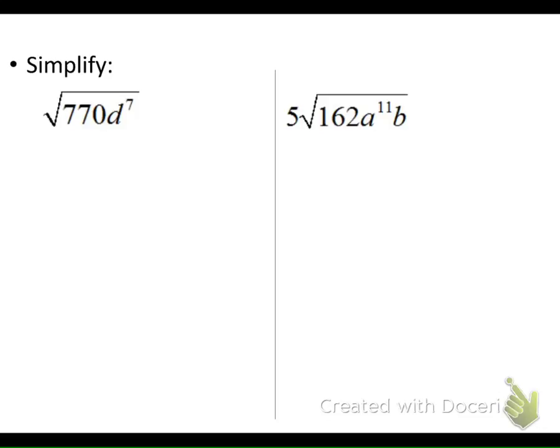So when we go to simplify square roots, we always start by factoring the number part of the radicand. So you have to think to yourself, what two numbers can you multiply together to get 770? Okay? So 7 is my prime. Then what for 110? 11 is prime, so I'm going to circle it. And then for 10,